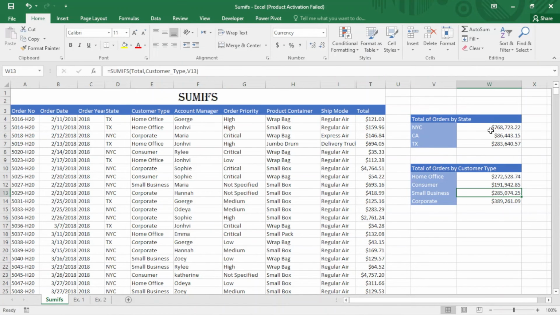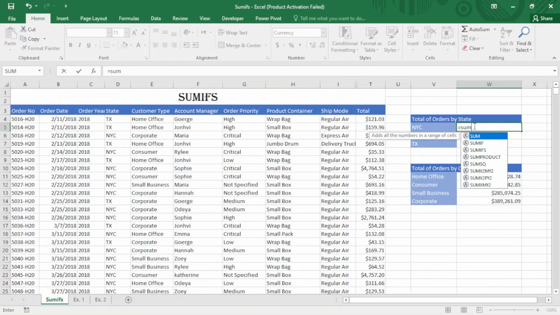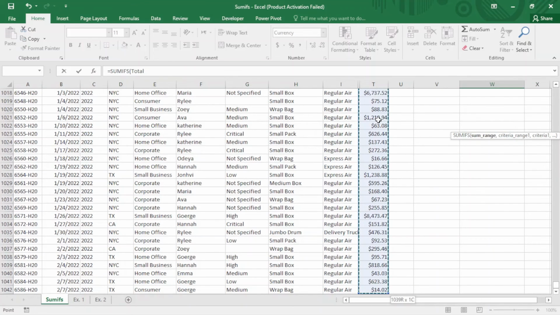Here I have used the name ranges, but if you are not familiar, I want to repeat this again. I don't want to use the name ranges. Instead I want to select the ranges. Here the total of orders by state, I want to repeat this again, delete. So I want to just write here Sumifs, and here instead of writing the name range, I just select the whole range, comma,